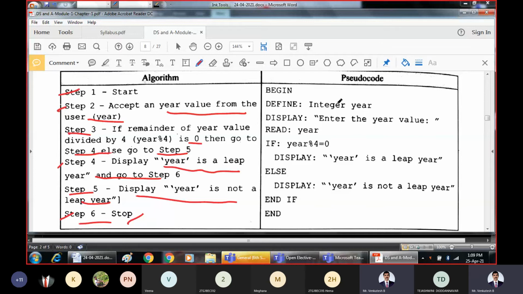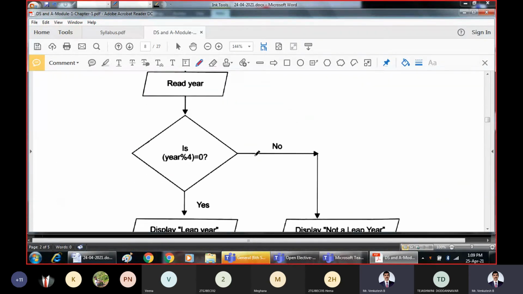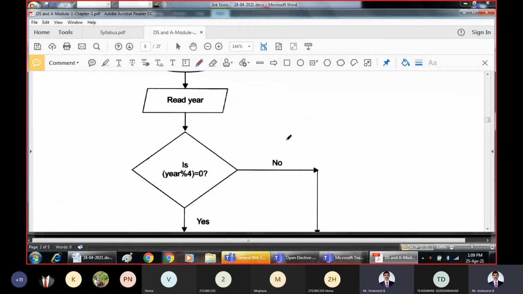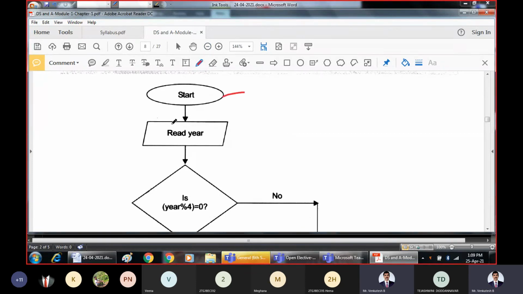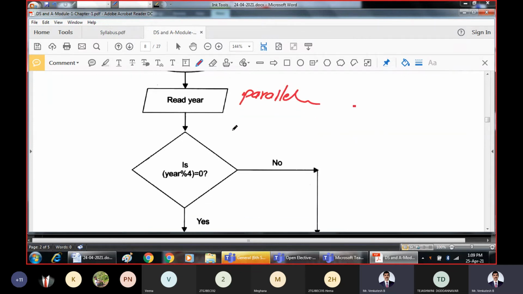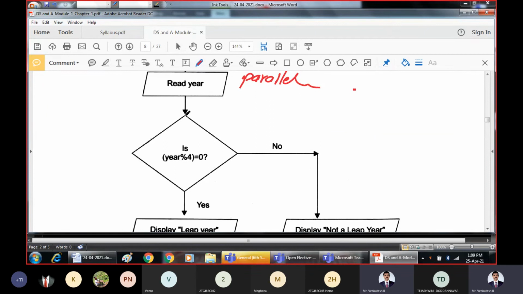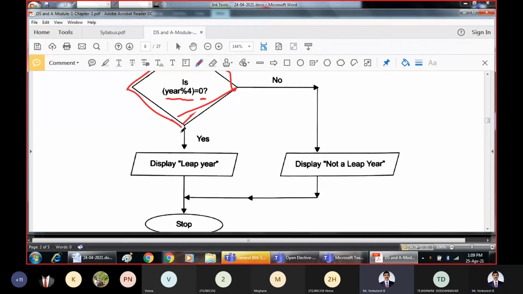How can we write that in the form of a flowchart? This is how we can represent that by using the flowchart. Start, read the year. It is either input or output, which is why it is present in the parallelogram. And after reading the number, you have to perform condition checking. We will always check the condition. Our decision making is performed in a rhombus. Whether the year after dividing by 4 is equal to 0.